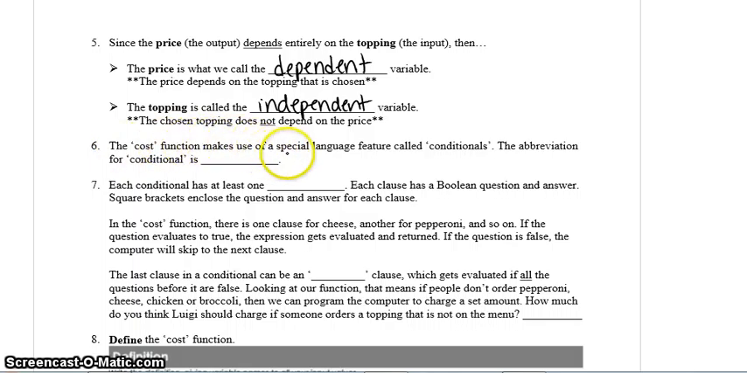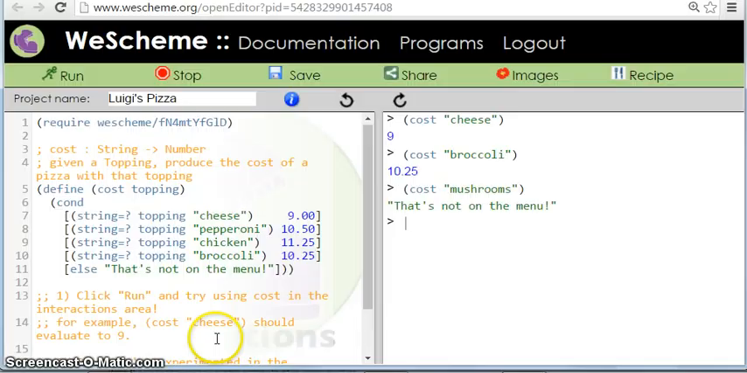The cost function makes use of a special language feature called conditionals. The abbreviation for conditional is COND. What I want to point out is that back in our Luigi's Pizza code, we see that COND, that conditional phrase, in our definition. This whole thing that I've just highlighted is our definition for this function. This COND, this conditional, is needed, and below it are 5 lines of code that start and